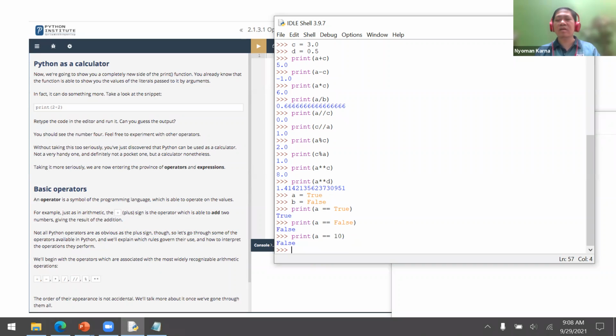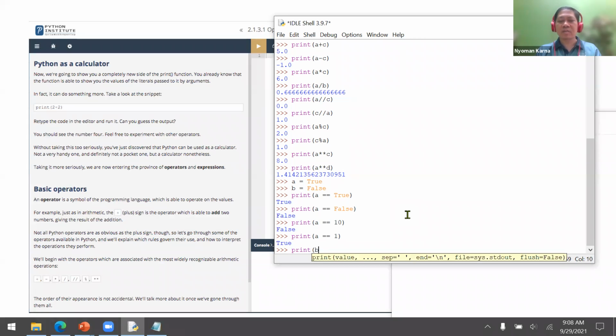It will return false. No, A is not equal to 10. How about, is A equal to 1? It will return true.